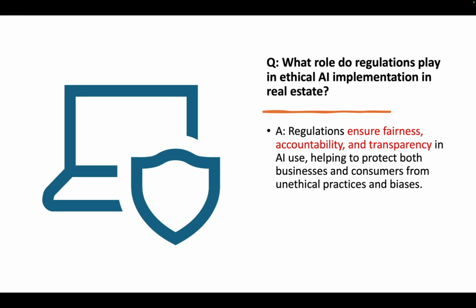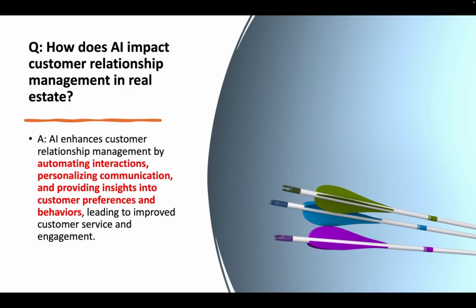Now, regulations ensure fairness, they ensure accountability and transparency in AI use. And AI being a new thing to many organizations, and certainly a new paradigm for the end consumer, adhering to the regulations and understanding these regulations and making sure that your solution adheres to them would build that confidence. But equally, the regulation is not going to be designed for it to be unfair to a certain group. So that's where the fairness and accountability come in.